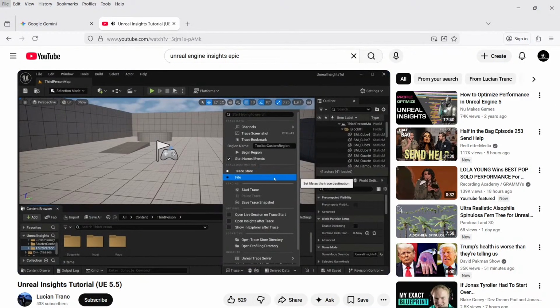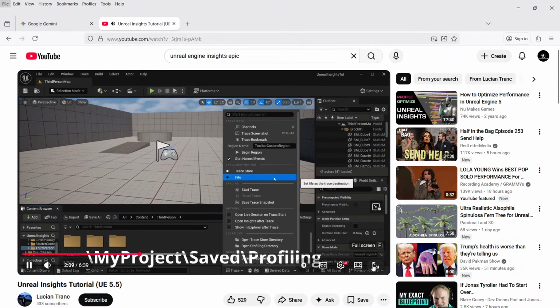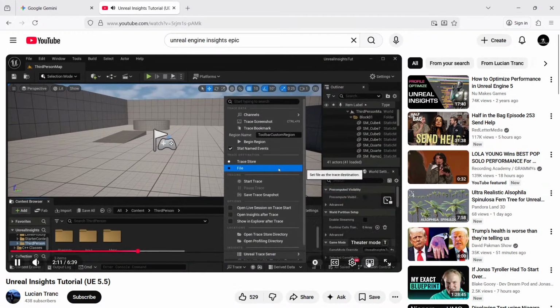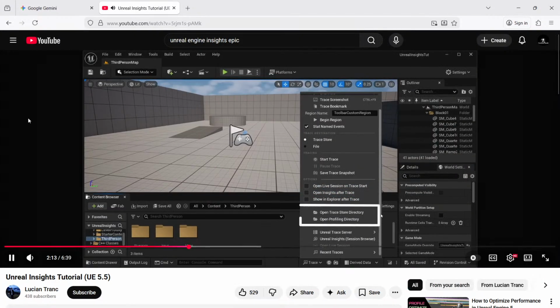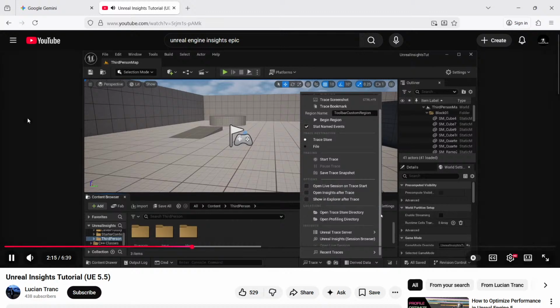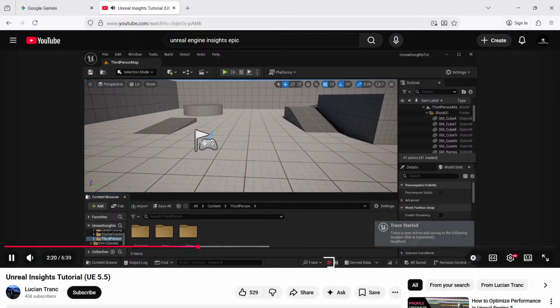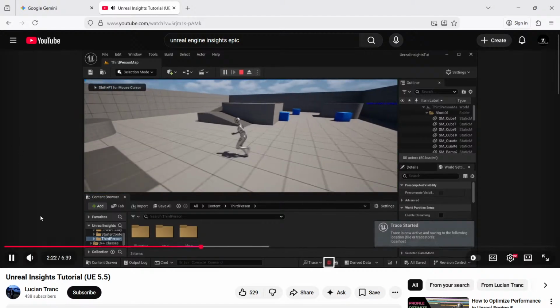Your other option is File, which saves your trace in the local profiling directory of your game. You can quickly access both of these folders using these shortcuts on the Trace widget. For now, just leave the trace destination to the Trace Store. To record a trace, you can use this button beside the Trace widget, which will turn red once you start